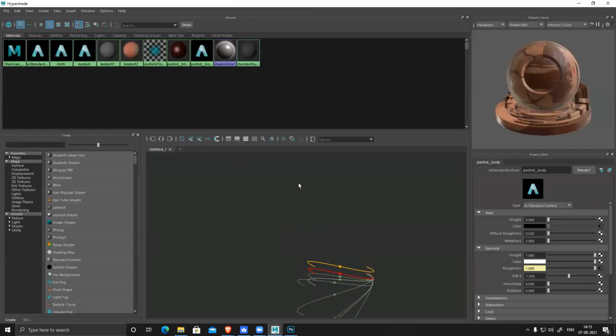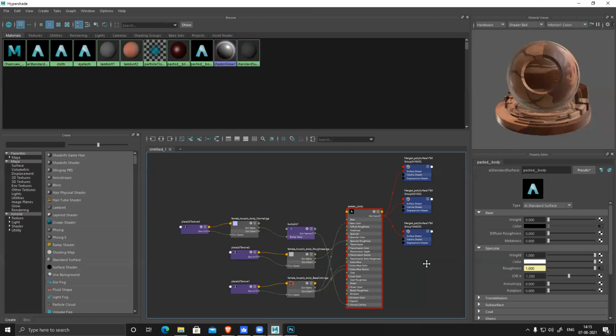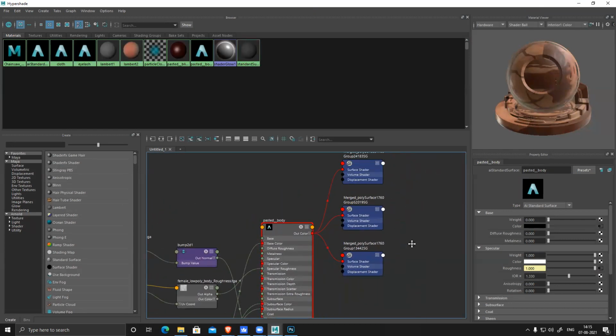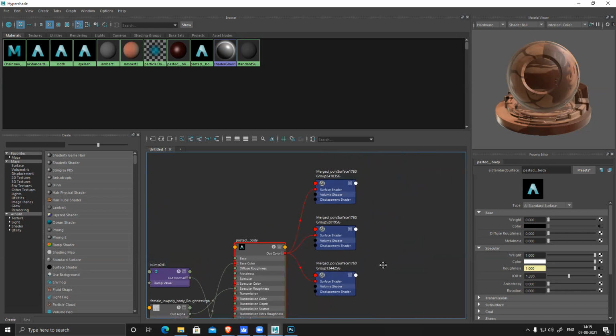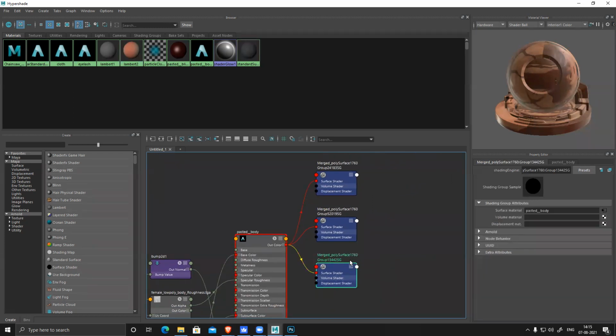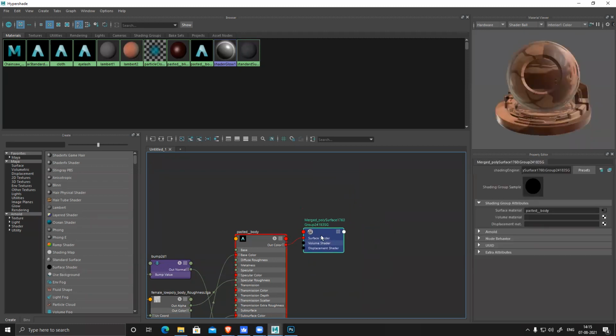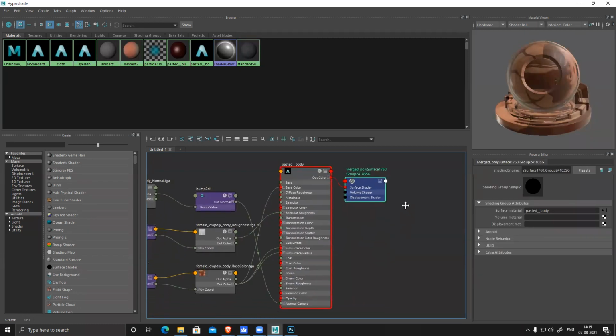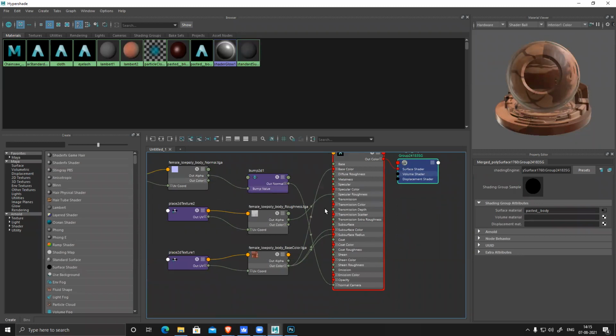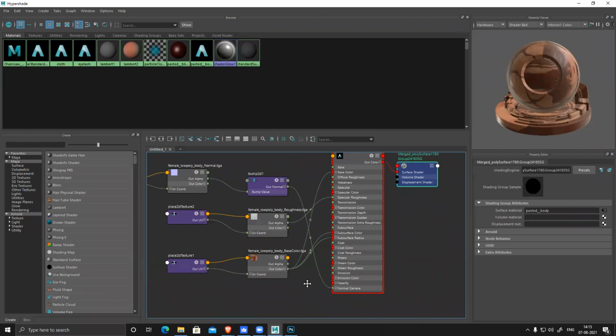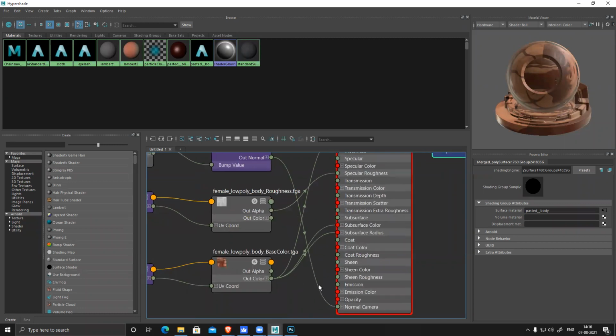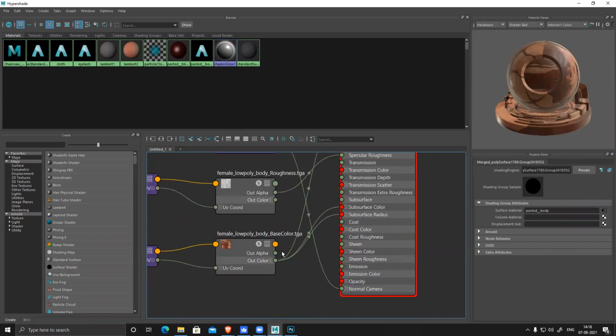And click on this. It will show you the connected three shader group. Why? Only one I want. And the diffuse color is by default connected to base color. Connect the same diffuse color to subsurface color and subsurface radius for a better result. It will give you a better result. So connect these two.